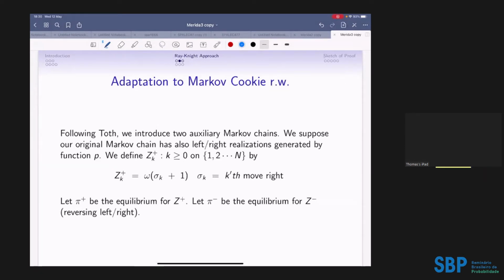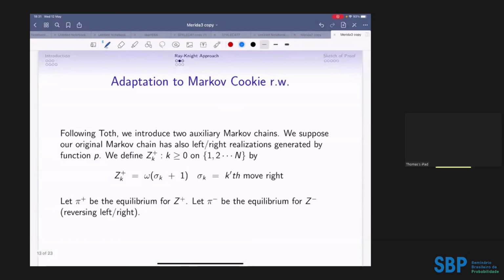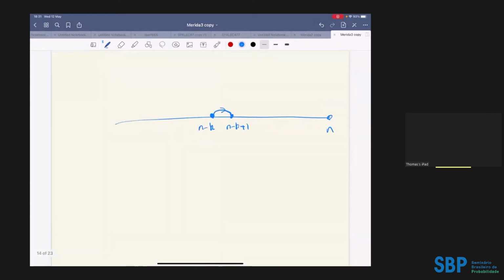So for us, and this goes back to Top, we are going to actually try and do the same thing. So we look at the first time we get to n, but now if we're looking at the number of moves we made from n minus k to n minus k plus 1, we have to introduce a Markov chain, just like Top did, which is we're going to say,